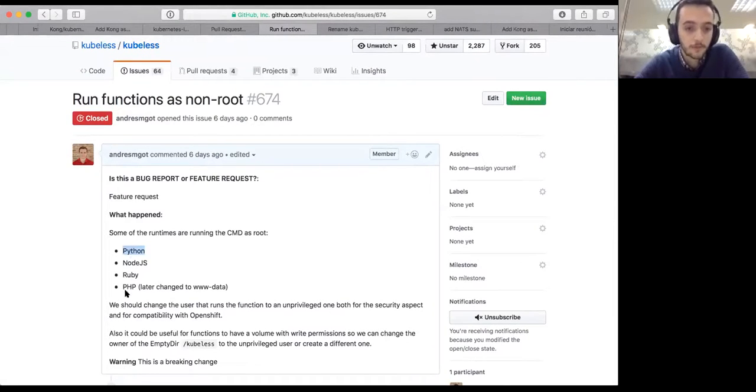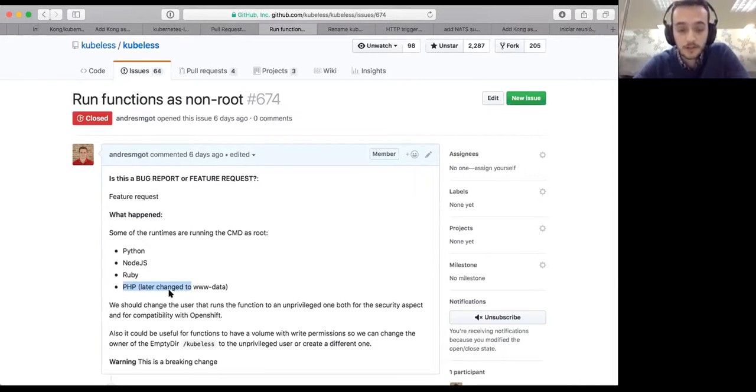Basically, most of them were running as root, except PHP, where the running user was changed to www-data. That is normal for Nginx, but the rest of them were running as root, at least by default, which causes